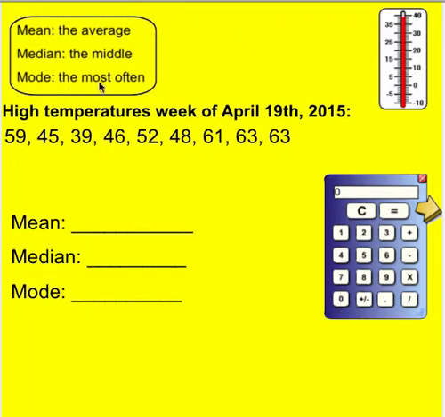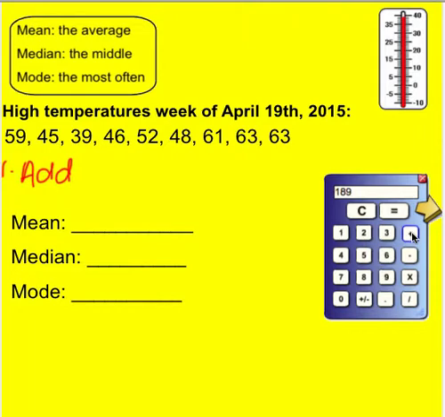So our reminder in the upper left of how we're going to do this, the first thing we're going to do is find the mean. And so if we follow from what we wrote down before, the first thing we're going to do to find the mean is we're going to add all of the numbers together. So here we go. We have 59 plus 45 plus 39,